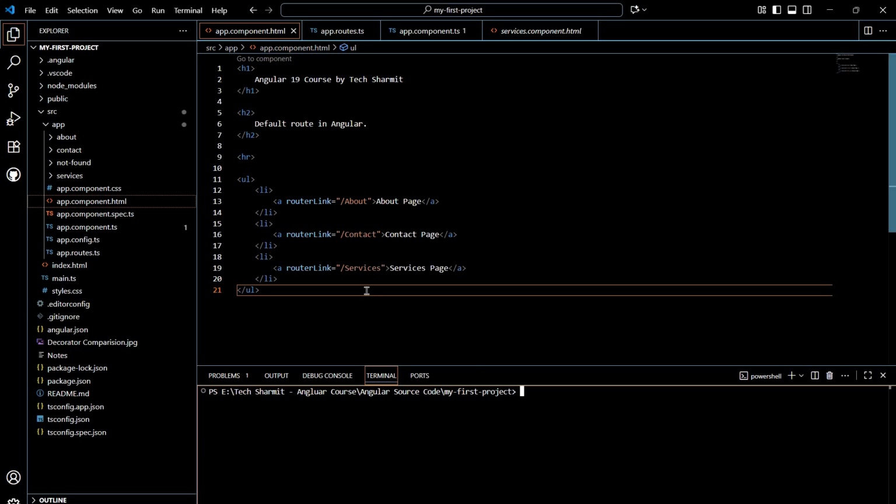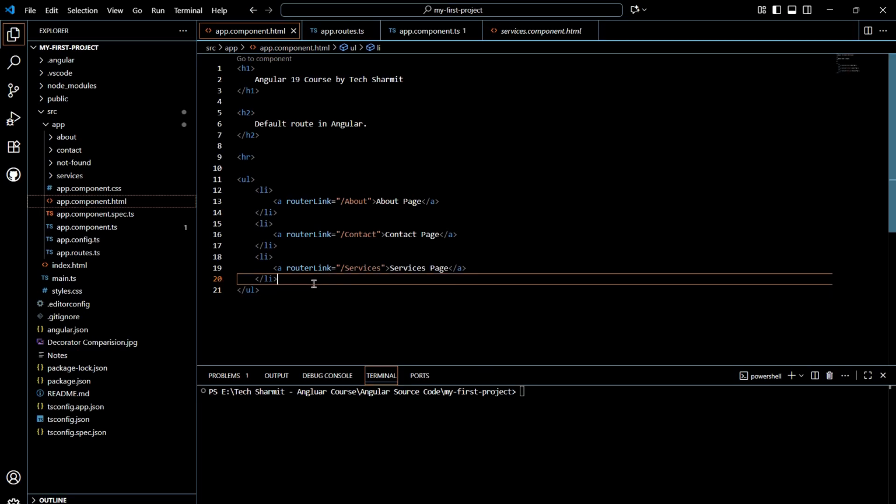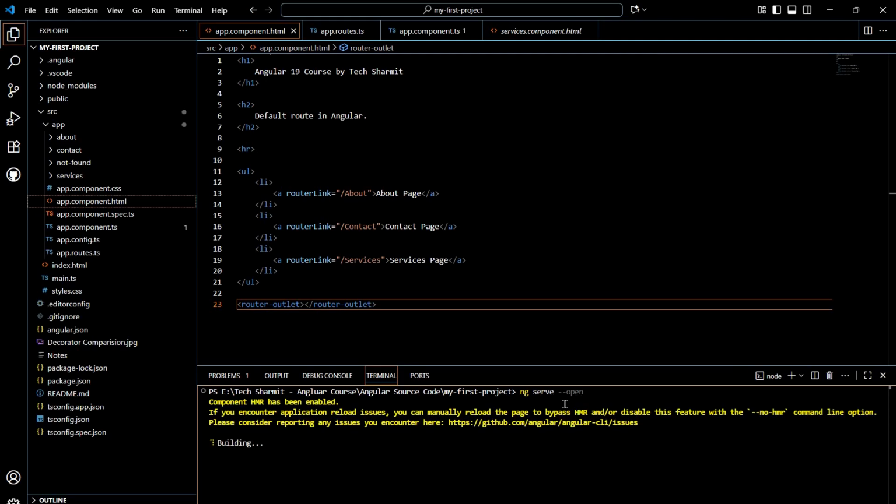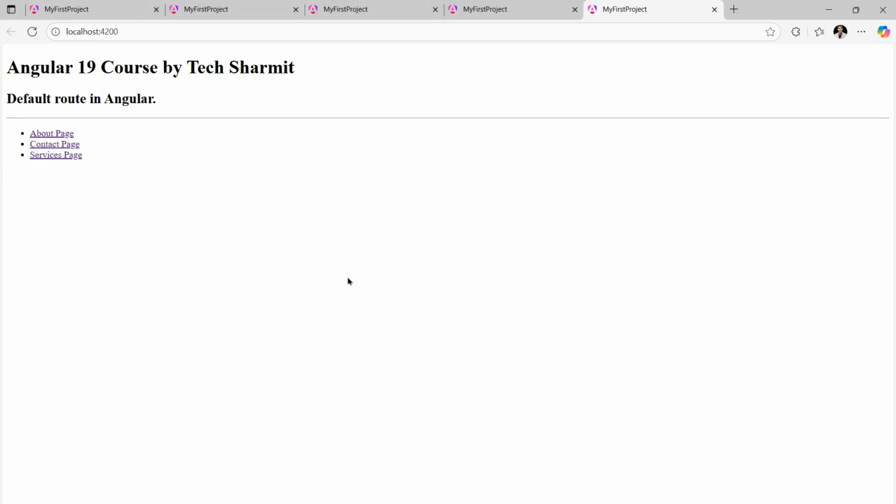But do you think it will reflect? Not yet. Why? Because we have not added the router outlet. So just go here, let me put it as a tag, router outlet. Perfect. This is ready. So let's run ng serve -open, enter. Just wait for a few seconds, and then you will notice that this is coming,